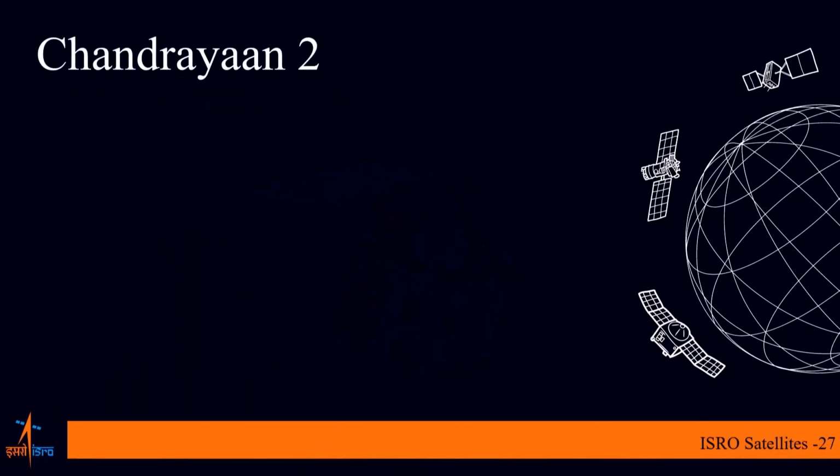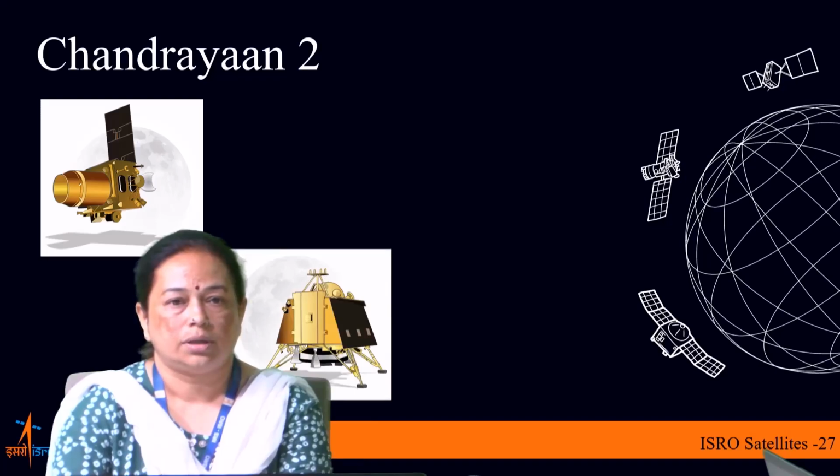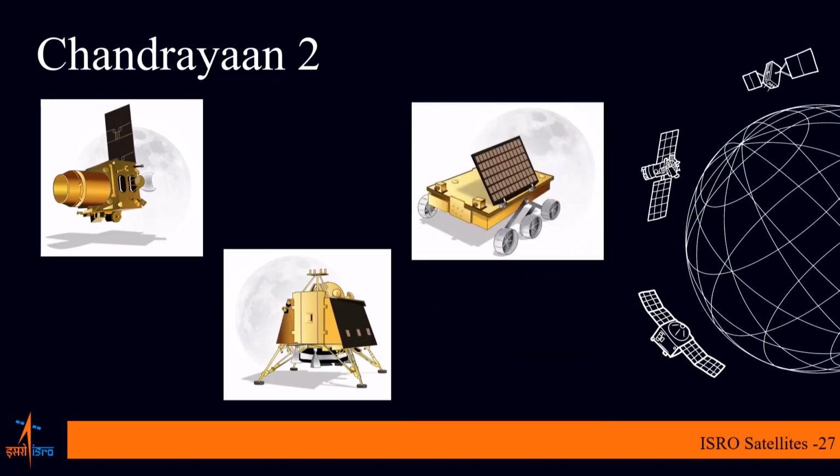The successor of Chandrayaan-1, Chandrayaan-2, was designed to explore the south pole of the moon. It consisted of an orbiter, a lander named Vikram, and a rover named Pragyan. Launched on July 22, 2019 using a GSLV from Sriharikota, Chandrayaan-2 aimed to study topography, surface mineralogy, and elemental abundances of the moon, specifically examining the traces of hydroxyl